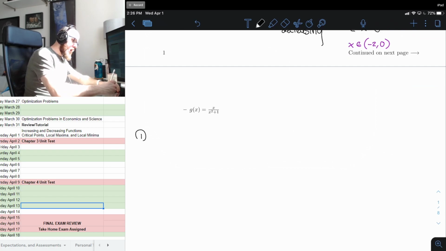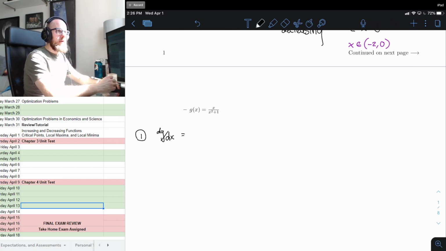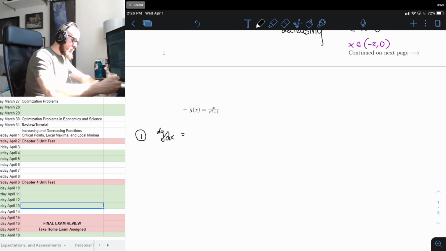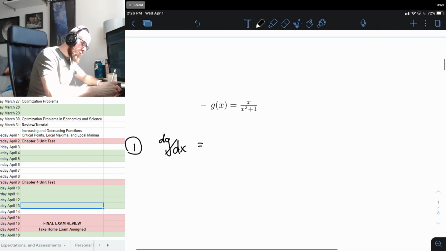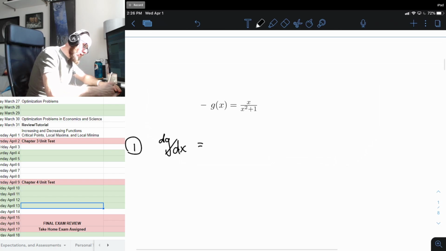So 1, I need the derivative, so dg by dx. All right. Now here I have some sort of rational function, right? I have a function divided by another, and so I have to use quotient rule to get the derivative. All right. So quotient rule is going to tell me that I start with the derivative of the numerator, that's just 1,